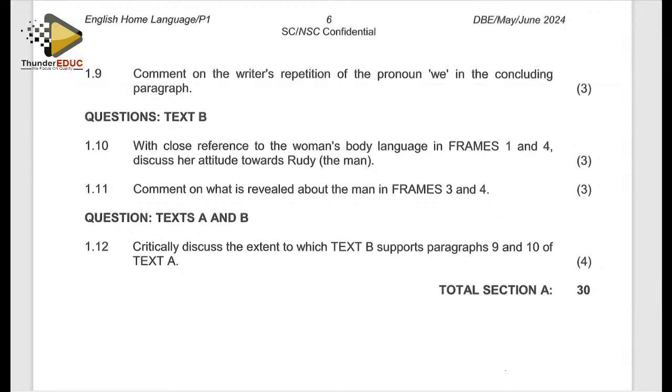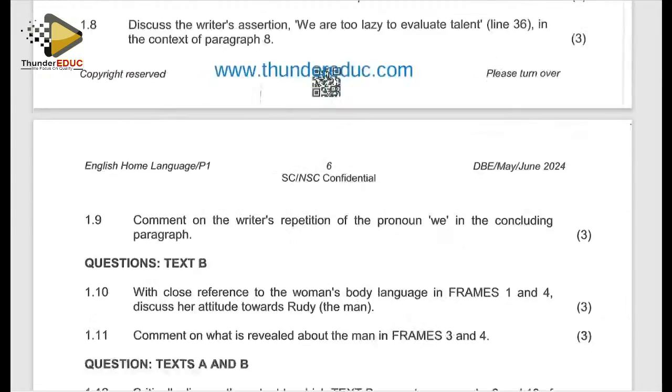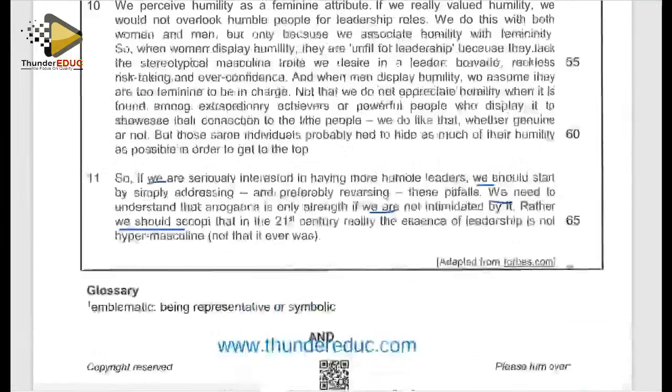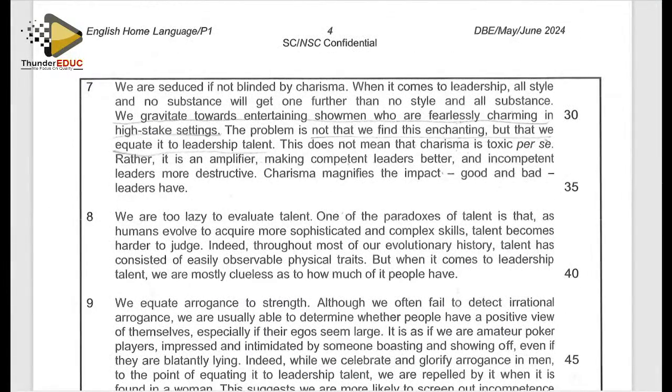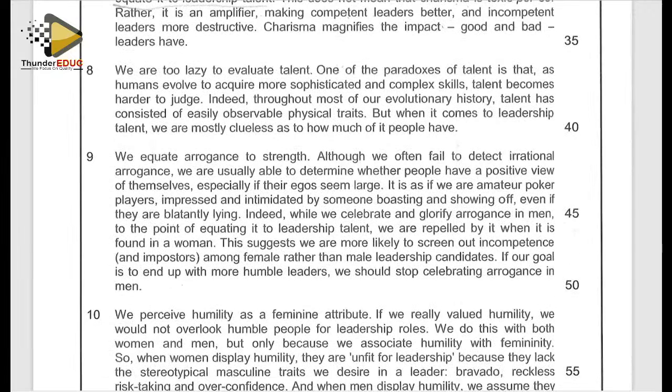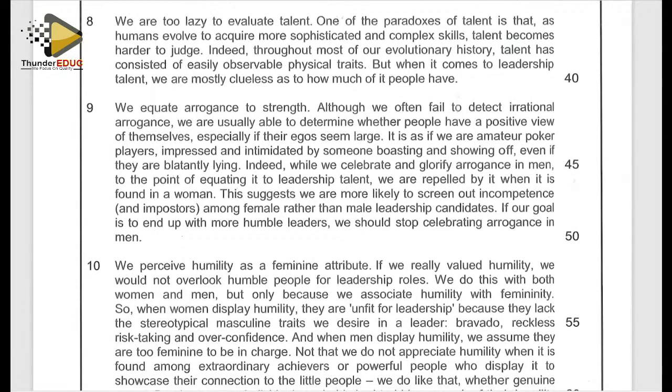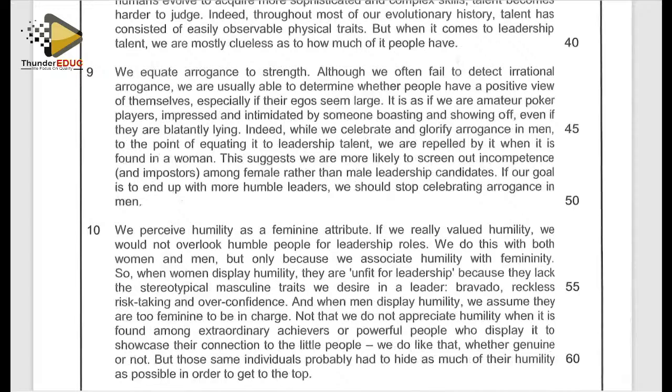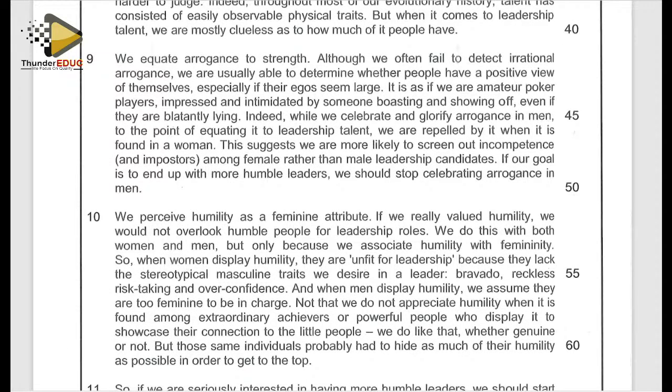Critically discuss the extent to which text B supports paragraph 9 and 10 of text A. Let's go to paragraph 9 and 10 quickly. We equate arrogance to strength. Although we often fail to detect irrational arrogance, we're usually able to determine whether people have a positive view of themselves, especially if their egos seem large. It is as if we are amateur poker players, impressed and intimidated by someone boasting and showing off, even if they are blatantly lying. Indeed, while we celebrate and glorify arrogance in men to the point of equating it